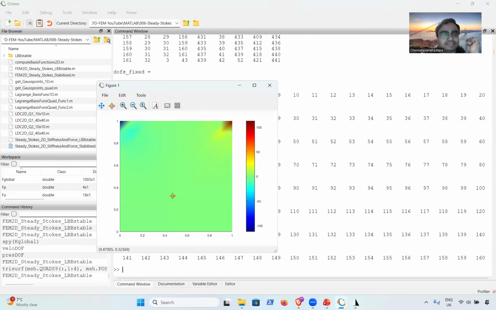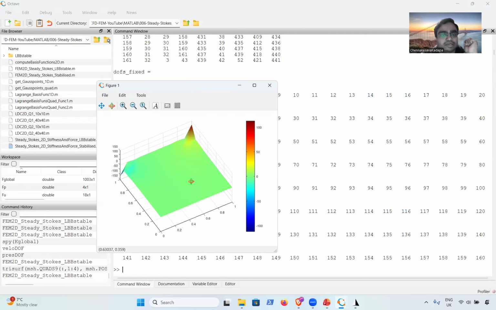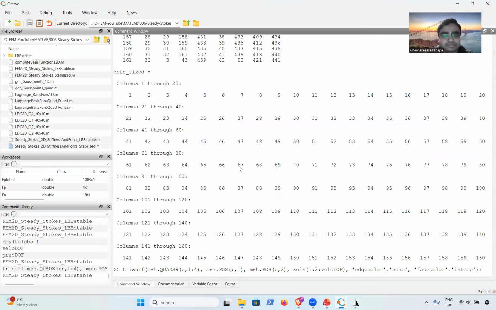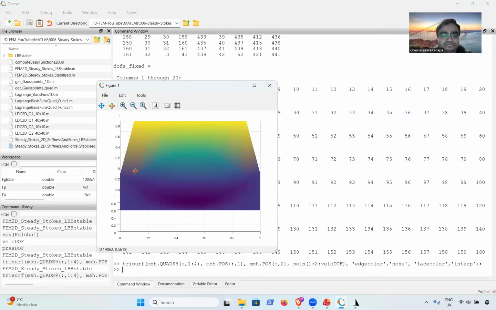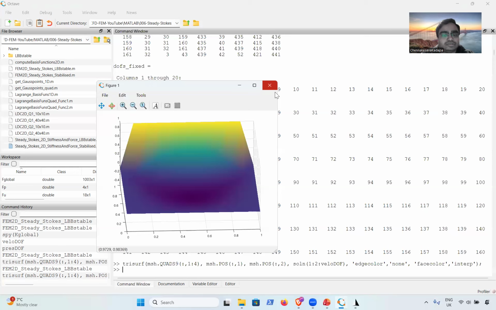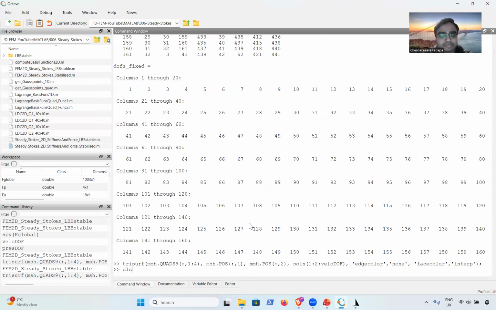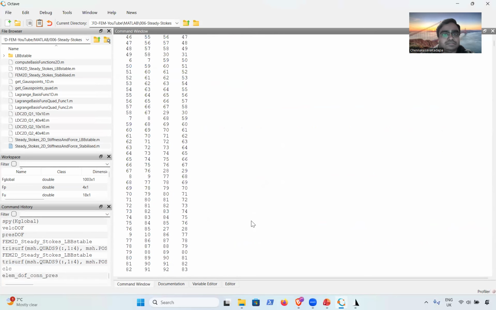So this is the solution with 10 by 10 mesh. As you can see, there are no oscillations. That is the pressure, and we can also plot velocity. Velocity also has no oscillations. And if you look at the variables, the element connectivity for velocity, there is not much difference. For pressure,